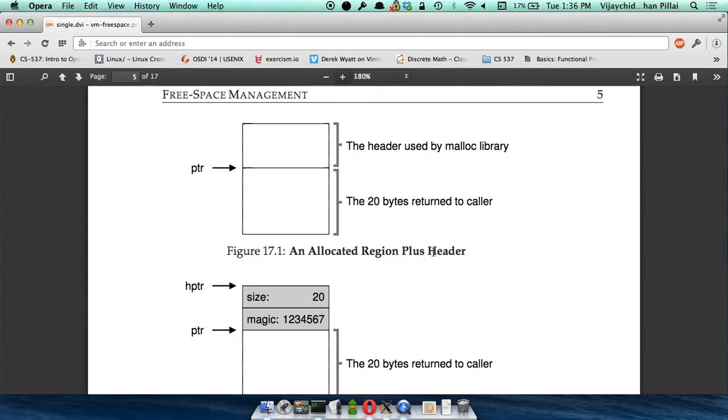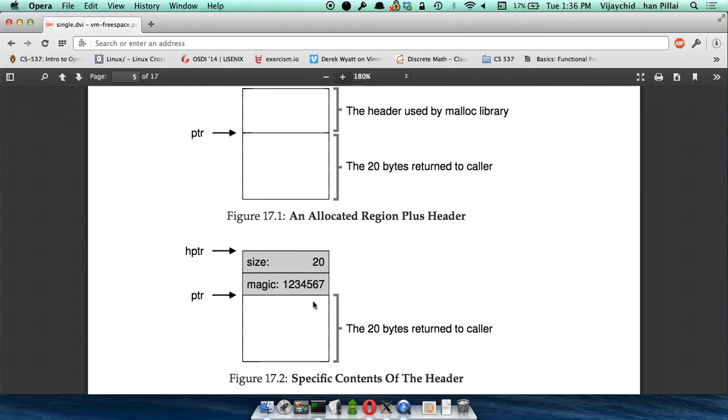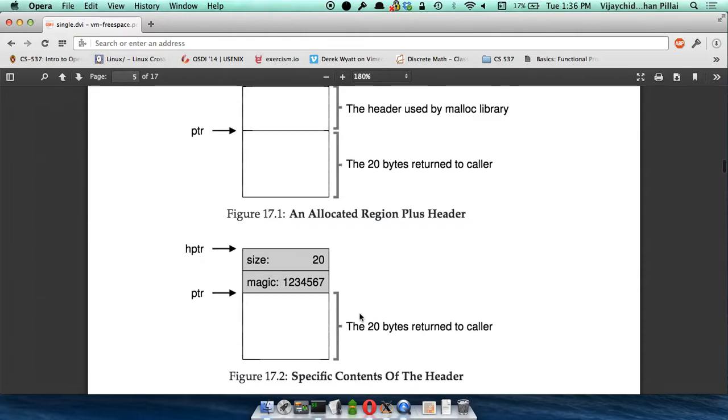That's your job. One way to do this is, you could have a header for each chunk that you allocate to the user. This may have something like the size of the chunk that I have allocated to the user, which is going to be 20 bytes, and you have a magic number so that you know that whatever is in the size field is dependable, right? Otherwise, if it's just random memory and you read the size parameter, you will get some number, but you don't know if it's actually correct or not. So this is one way to do this.